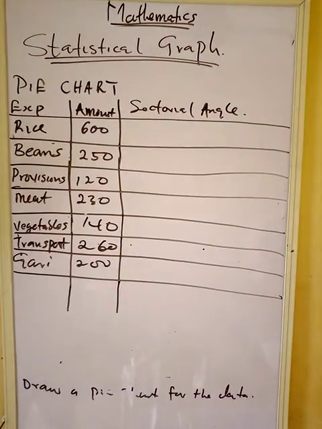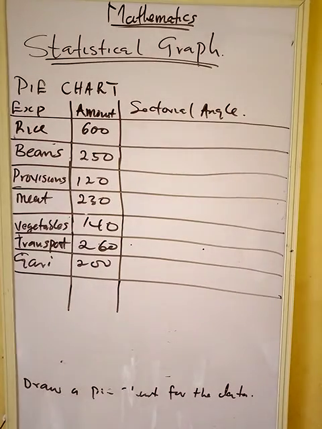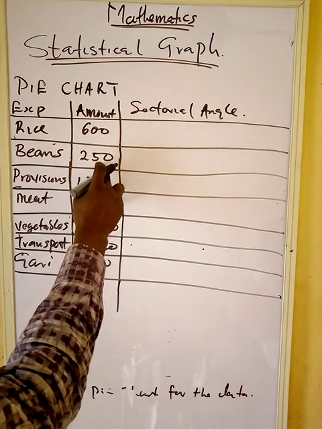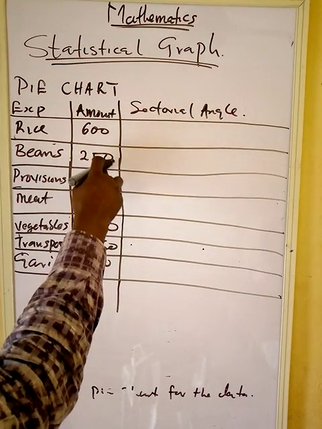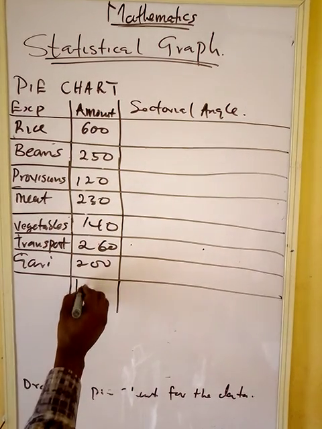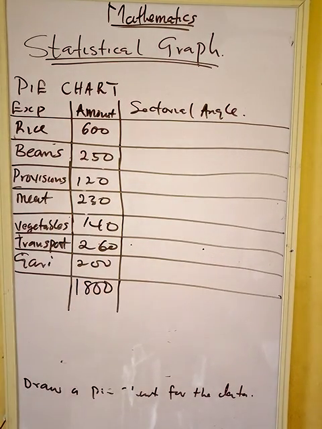These are the details and their amounts. We want to calculate the sectorial angle. By the time you add the whole of this, 600 plus 250 will give us 850. Then 850 plus 120 gives us 970. So you add everything together, and the total will give us